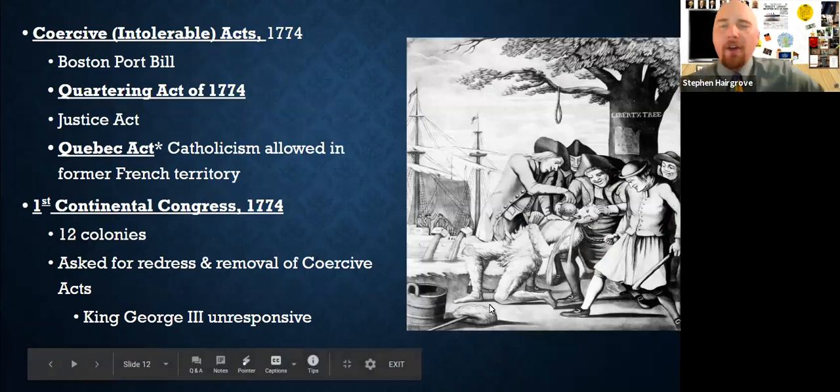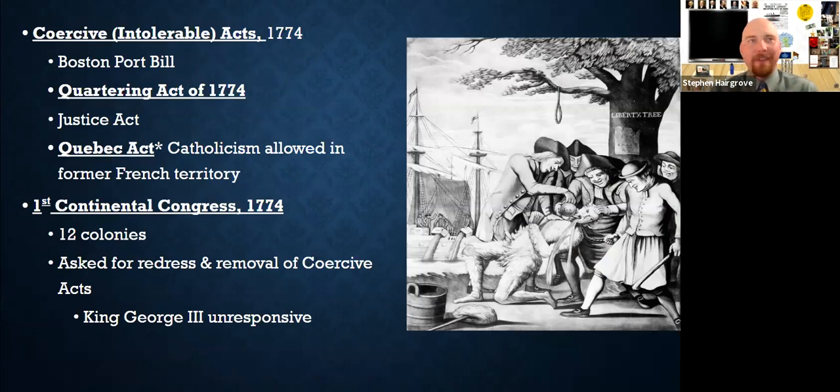So when I think about this, I almost think about, like, imagine if you're in a classroom where you had a teacher for a long time that was just completely lax and kids got to do whatever they want. And then a new teacher finally comes in and is like, okay, here are the rules. And it's not necessarily that the rules are fundamentally unfair. Maybe they are somewhat unfair, but it's that you had all of that chaos beforehand that the reaction to it became so pronounced. And in this case, I would say it was a little bit of an overreaction. This is where Parliament changes their tack,